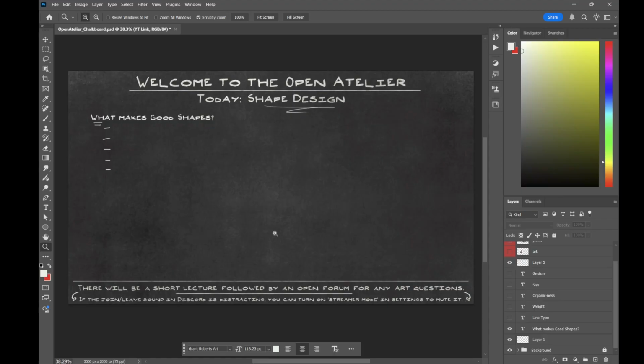In general, shape design is one of the main things that makes art more appealing or makes art look more interesting than a photo of the exact same topic. If you take a reference photo and the art that was made from that photo and put them side by side, most of the time, if it's done well, the art is going to feel more interesting and more appealing. And a lot of the time, that's down to the shape design and, more specifically,